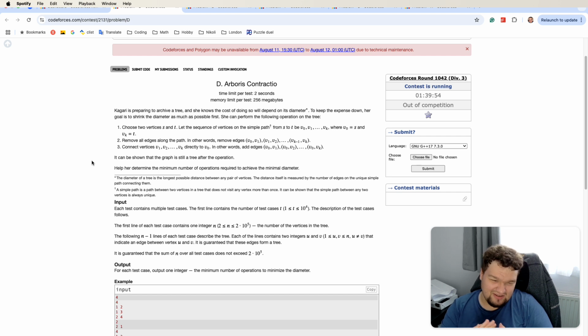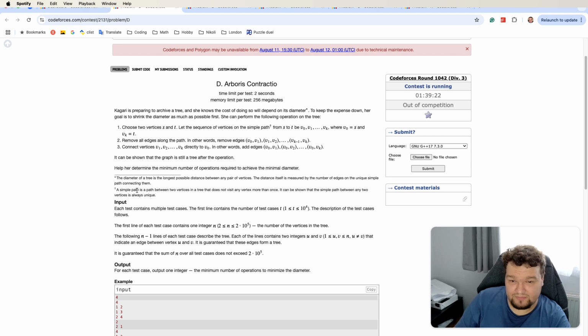That can be optimal on a leaf, like n is equal to 2. But I need to be careful for n equal to 2 to have a correct answer, which is 0. Yeah, I can just iterate over all the neighbors, check how many of them are leaves, and subtract it from that number and update the answer. That just works in linear time.